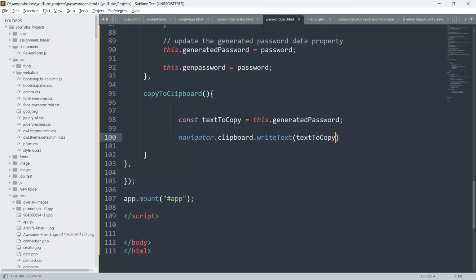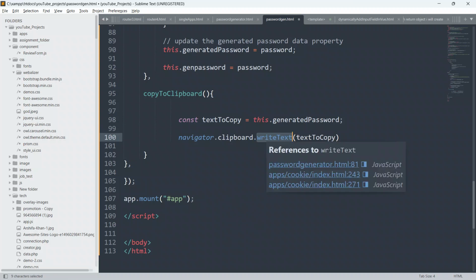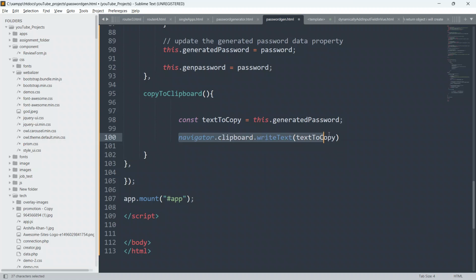This is the native predefined clipboard API, and every time you should use this only, because this is the native copy to clipboard API and it is the standard.